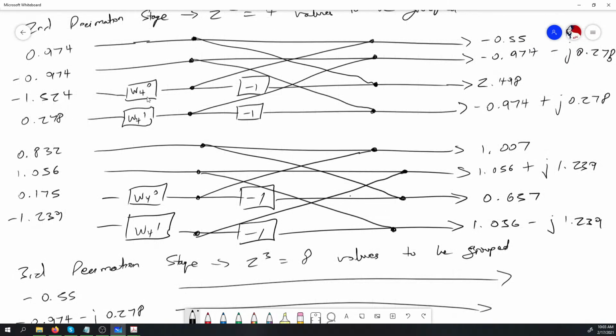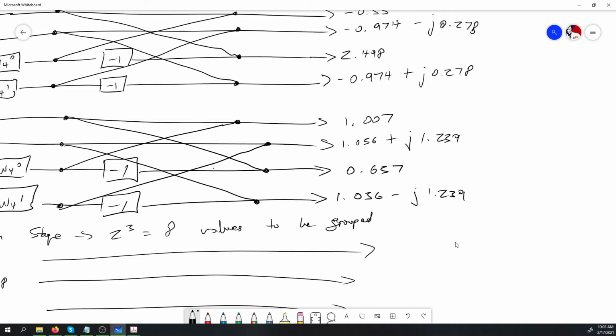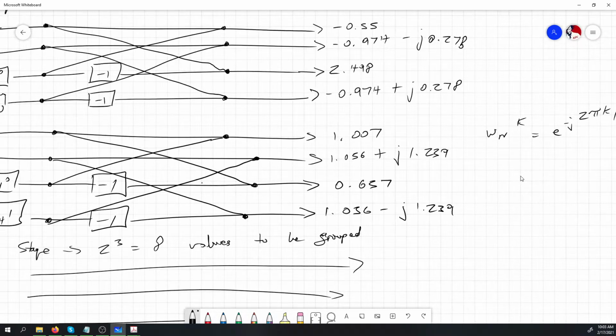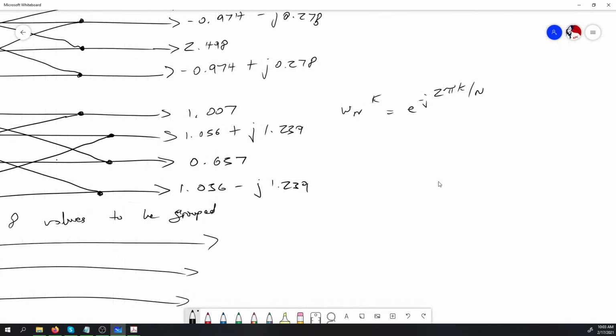So this W4 term here being the twiddle factor, remember this is the exponent form, where W_N of k is equal to e to the minus j 2 pi k divided by N. So when you evaluate this accordingly, when N is equal to 4 and k is equal to 0 and 1, in the twiddle factor form,